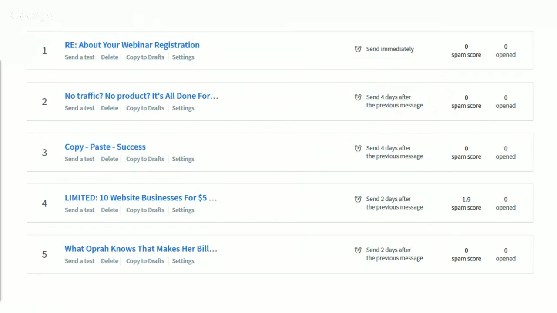All right. Now, there's a couple more fields after that, which can be very useful here. The spam score and then the opened list. So basically, there's a little bit of code that goes out with your email so that if you've put a link on there to send them to a page on your website, a video, an offer, whatever it is, if they look at that title about your webinar registration and they click on it and they open the message to see what's inside it, that's when you get that open counted. So you can see how effective your email has been.